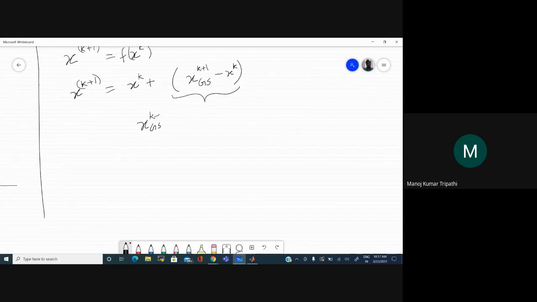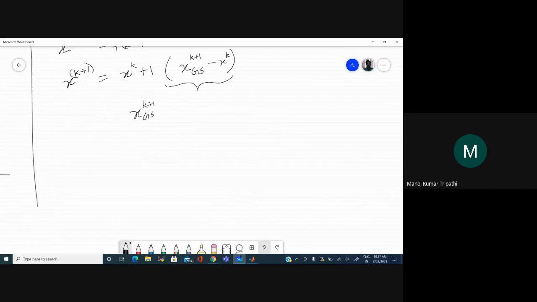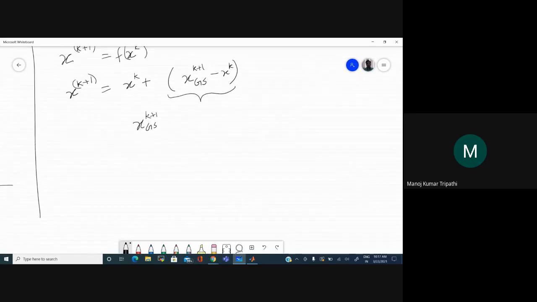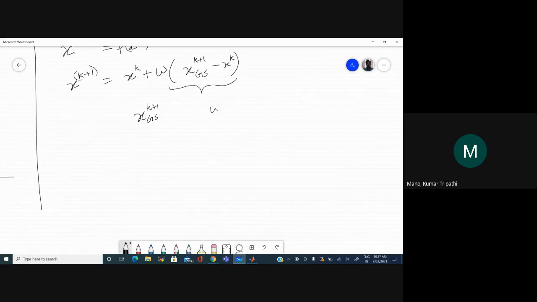But you don't want this, you want to increase the rate of convergence. So what you do is multiply this with a bigger number, let's say 1.2 or 1.3 or even higher. Generally this number is kept between 1 and 2. If you want to under relax, if you want to go slower, then you can have a value below 1. Let us call this omega. Omega is generally between 0 and 2.